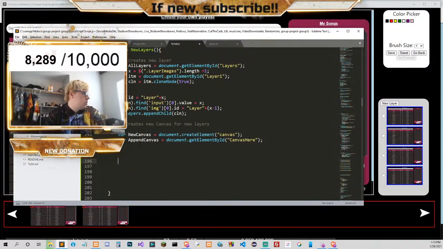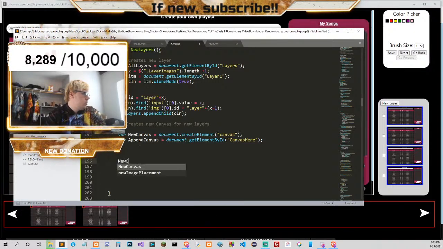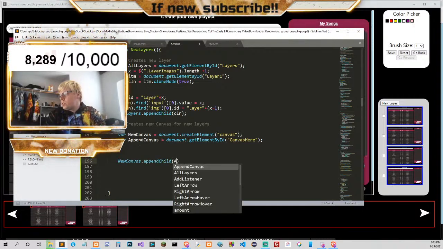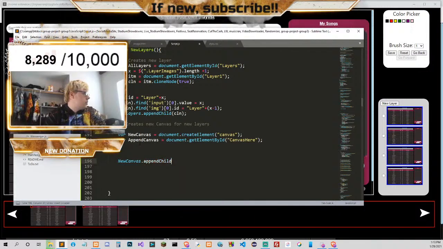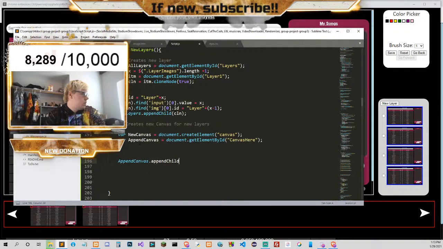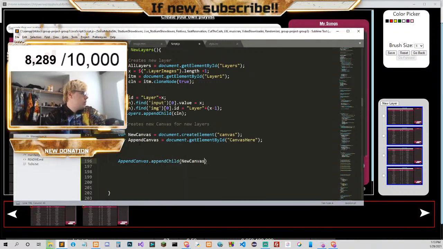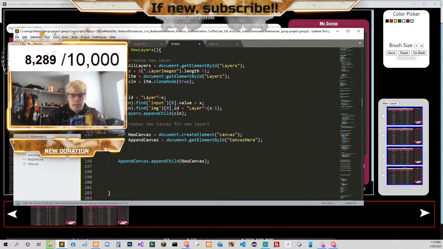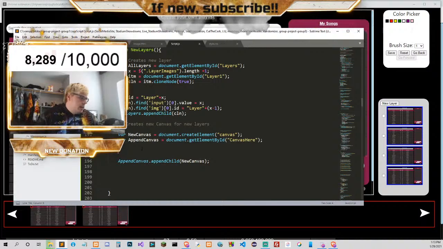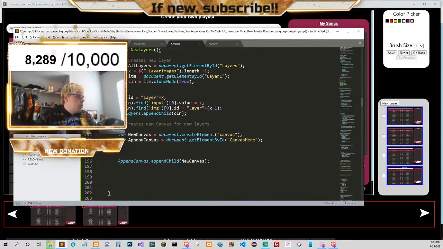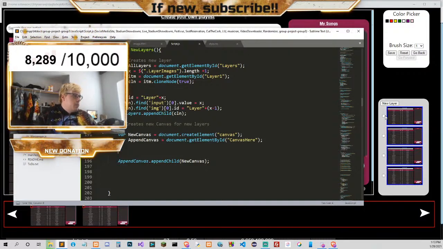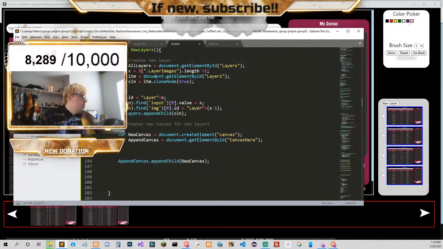Because we're gonna do new canvas.appendChild. Right? Is this which one I do? No, it's the other way around. Append child, new. So we're gonna create that, and then the rest of the functionality is gonna have to all change dynamically. There's gonna be a whole different way we're gonna have to do things now. And it's mainly just gonna be on which one's selected.